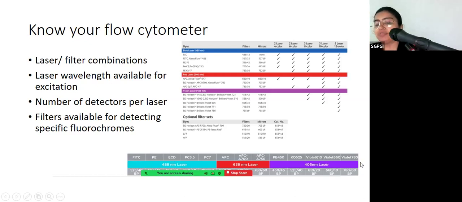The bottom example is from a Cytoflex, and again, you have 13 markers. You again have the same 3 lasers, but the detectors, they are not the same. So for a Beckman equipment,